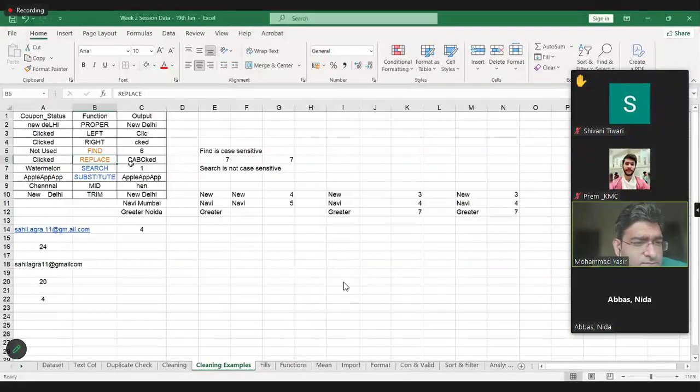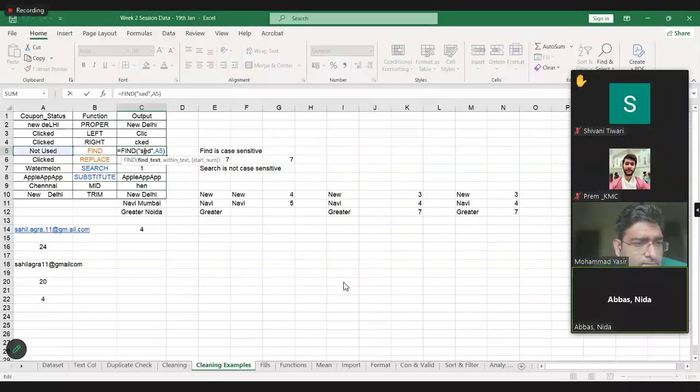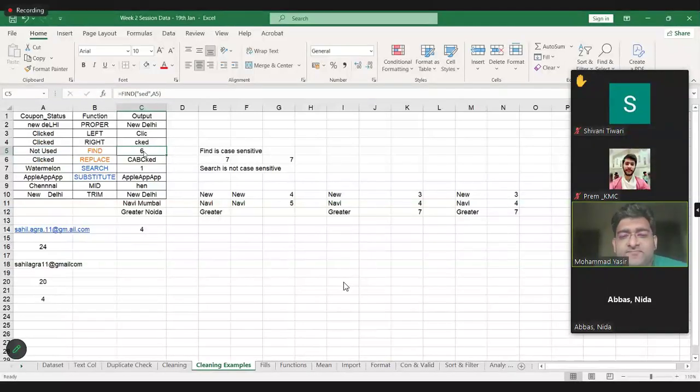Like, I am searching for New Delhi in the entire column, from 1 to 10. So how do we write that function? Okay, so those are lookup functions. If you want to match a string with an entire range, then we use lookup functions. We'll cover those functions in the next session, Nida.